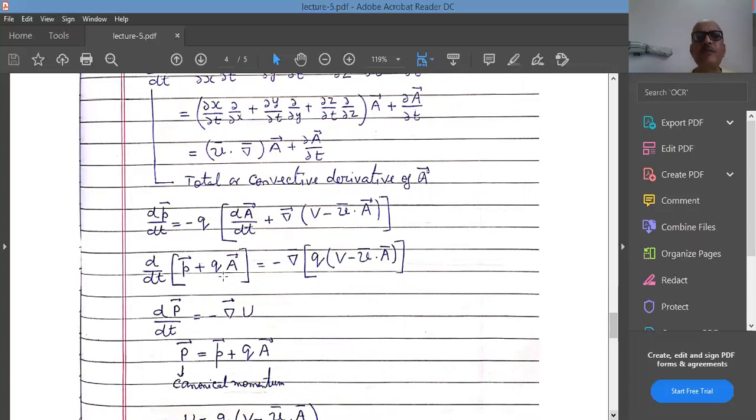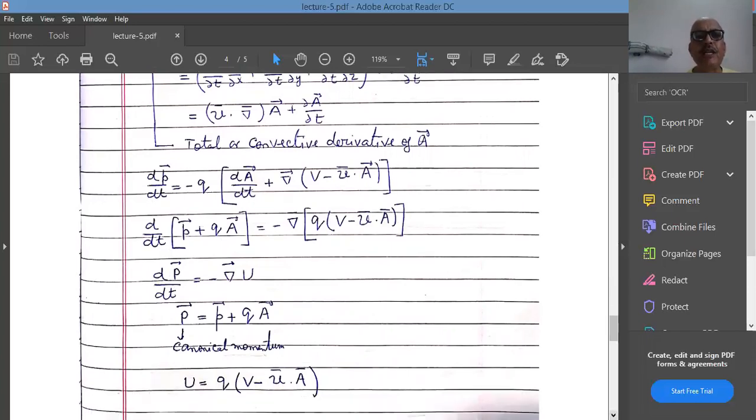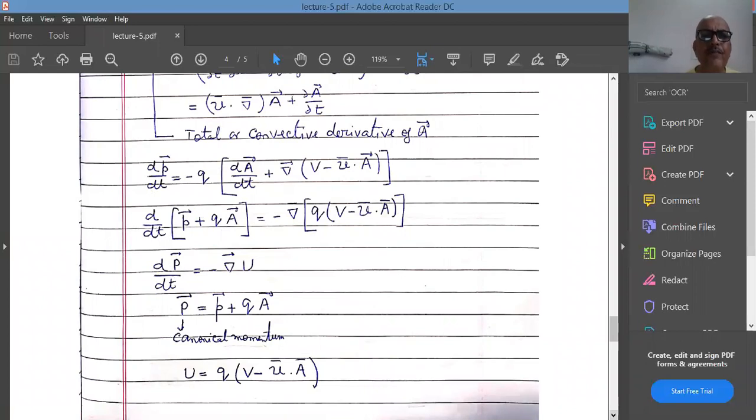So it is called canonical momentum. P is equal to small p plus QA, and similarly the potential energy in terms of the scalar and vector potential can be written as Q into V minus V dot A. So you can check yourself. U is equal to Q into V in electrostatics. P is equal to p in electrostatics. But here we have an additional term coming from the vector and scalar potential. So it's very important to understand these two quantities also.